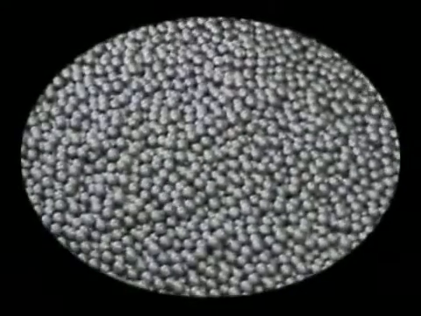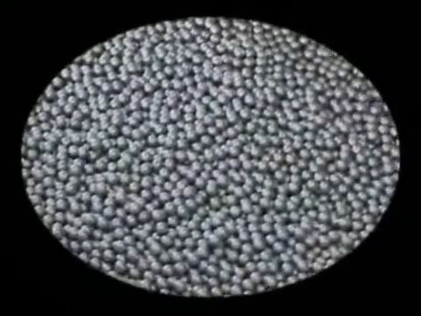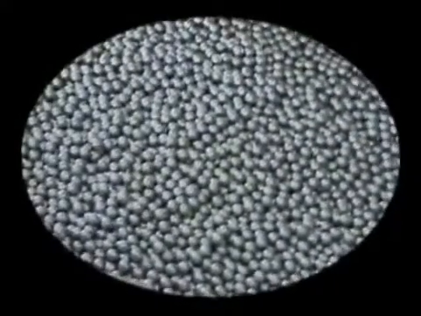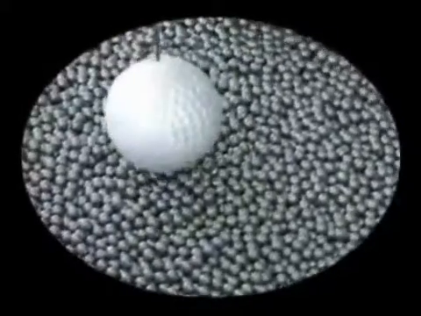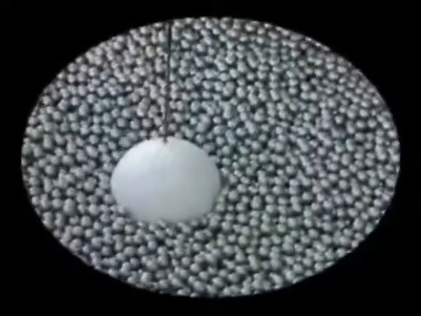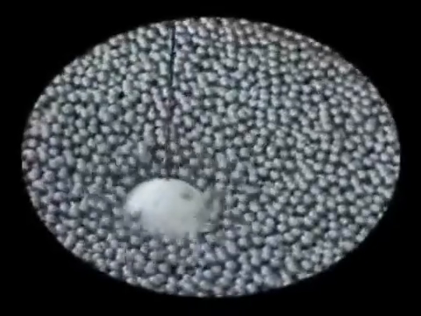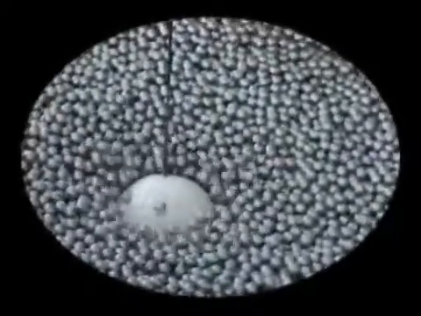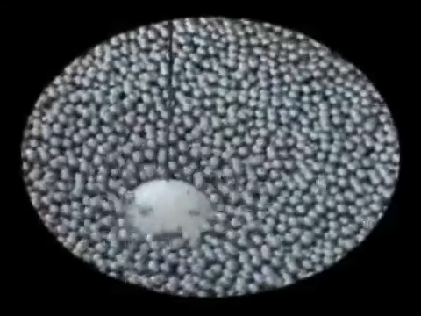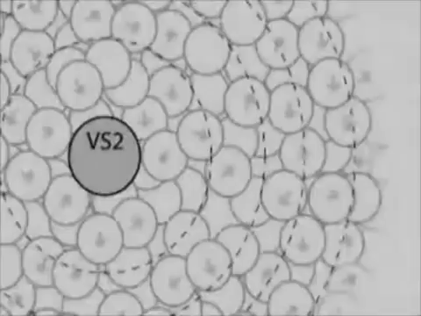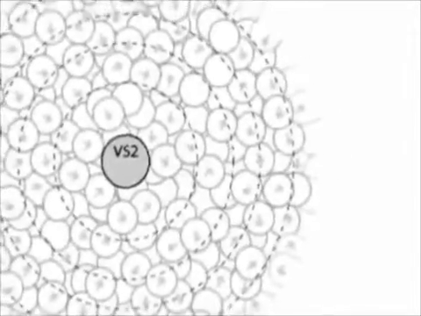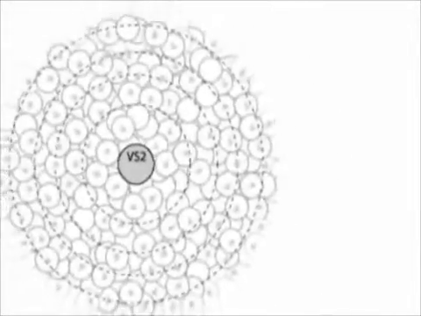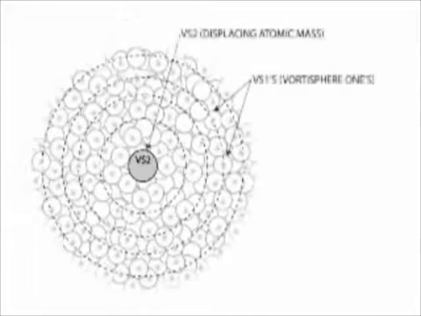One way to create a visual image of the displacement concept for gravity is to think of the VS1 matrix as a bucket of BBs, and the VS2 as a golf ball. If you push the golf ball into the bucket of BBs, you displace BBs. Obviously, if you drill holes into the golf ball, you would displace fewer BBs. In other words, the less atomic mass, or VS2s, displacing the cosmic matrix, the less gravitational force is exerted against